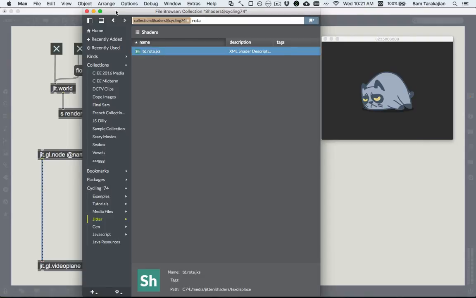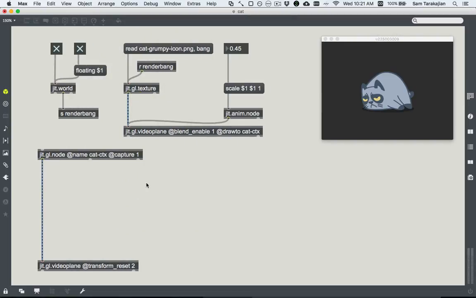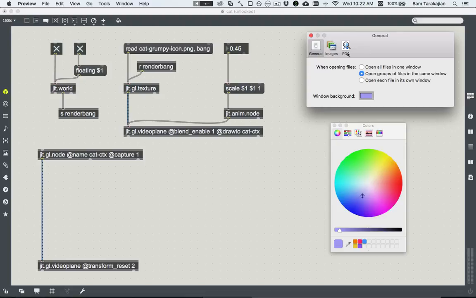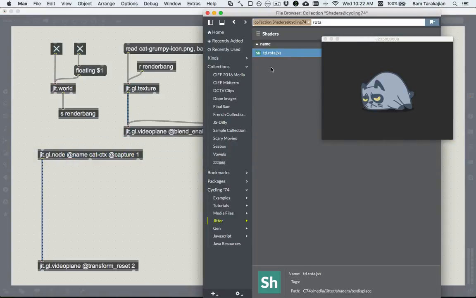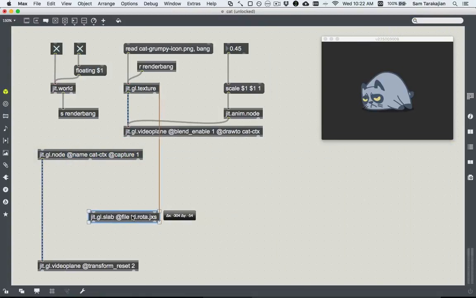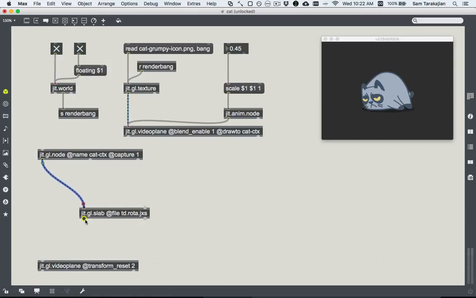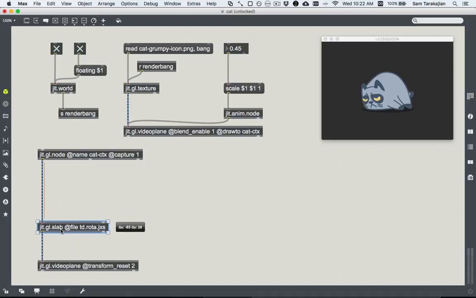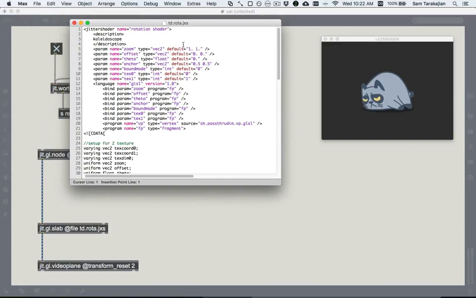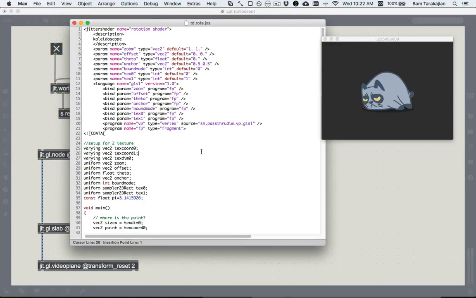Yeah, this td.rota.jxs shader. And what this does, if I unlock the patch and drag it in, is let us take this texture and zoom in or out. So I'm going to connect it like this so that this texture goes through this shader. And then we can change what the shader does by modulating its parameters. To find out what the parameters are, you just lock and double click on this, and you'll see here, this is the